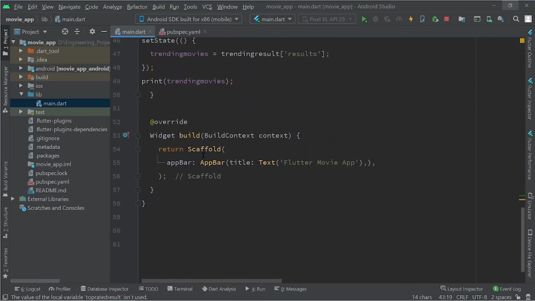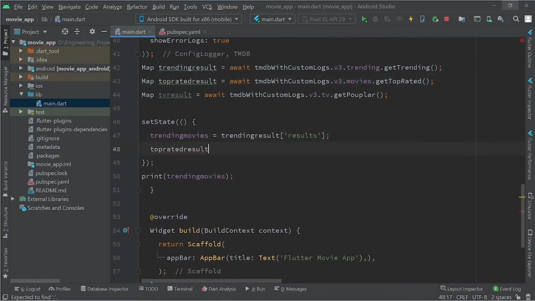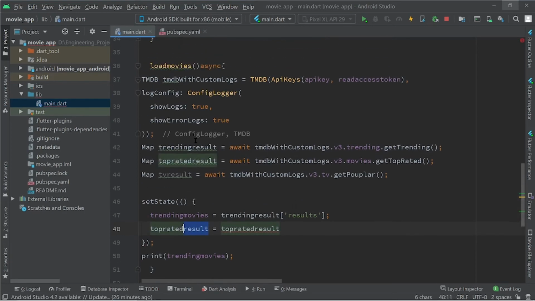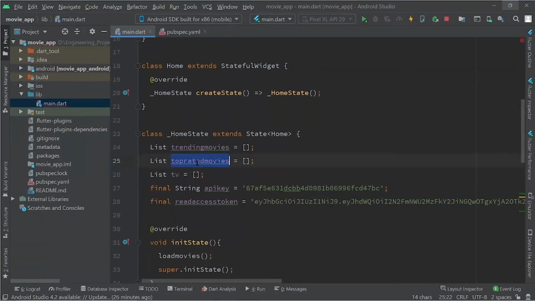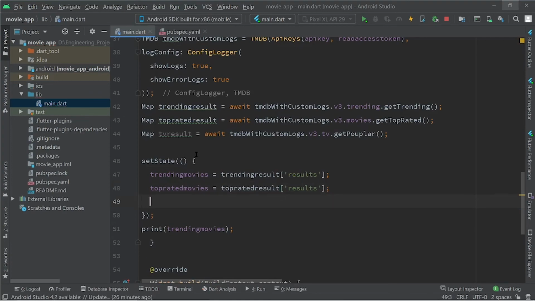Now we have to change the state of these two lists also. So let's do that. This is top rated result. Sorry, this is not top rated result, this is the top rated list. So top rated movies will be at results, and we have to do the same thing for TV.